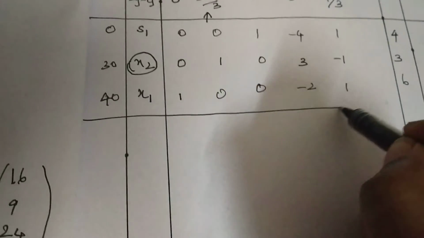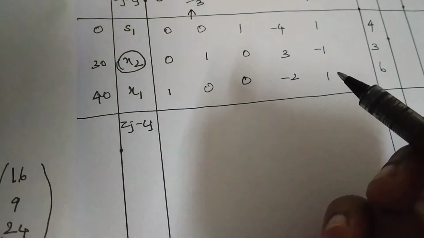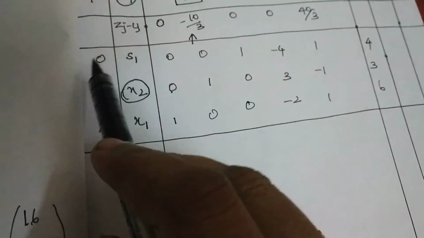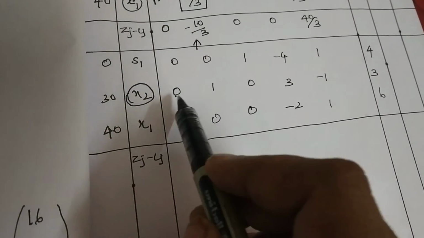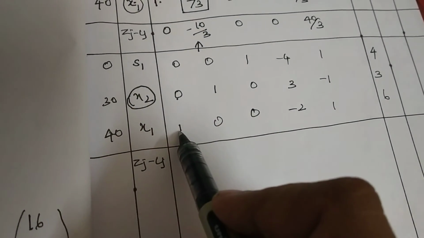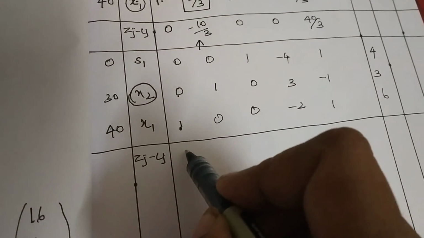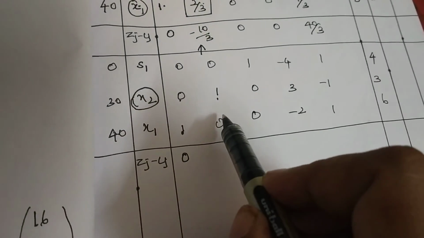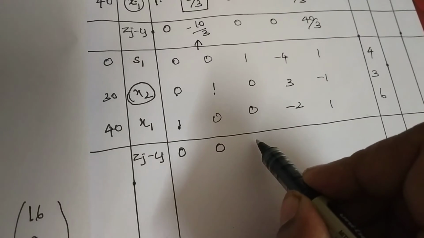Now find Zj minus Cj. So Zj minus Cj is nothing but 30 into 0, 0. So first should be 0 here because 0 into something is 0. 30 into 0 plus 40 into 1, which is equal to 40. 40 minus 40 is equal to 0. Second one 30 plus 0, so 30 minus 30 is 0. And then all the terms are 0 here,